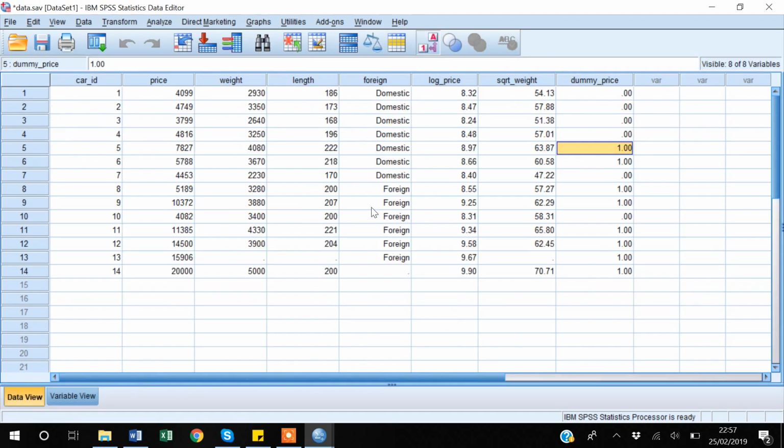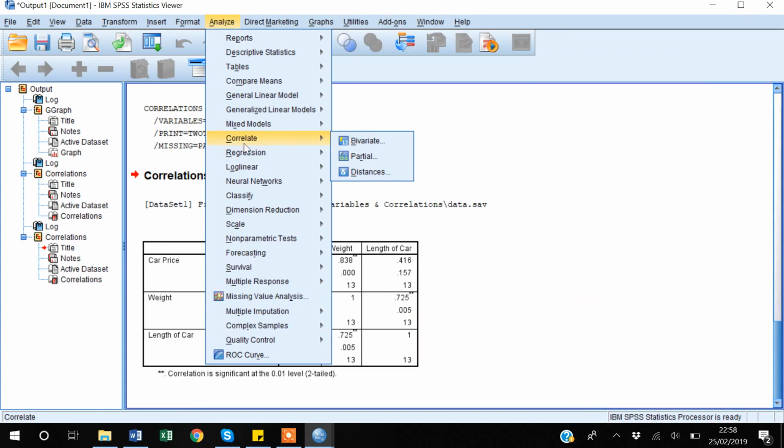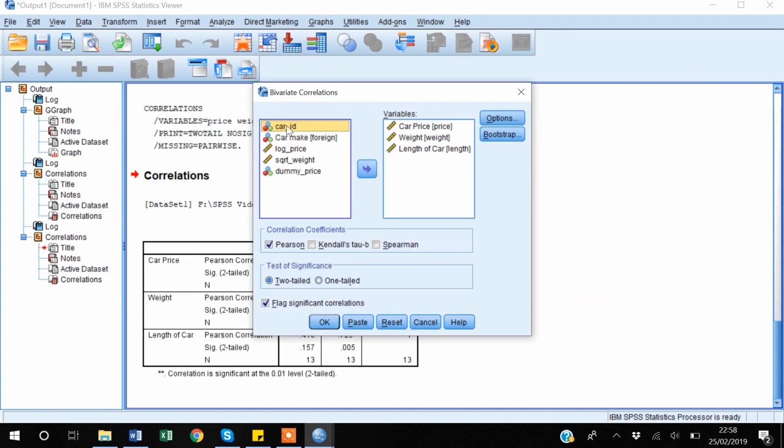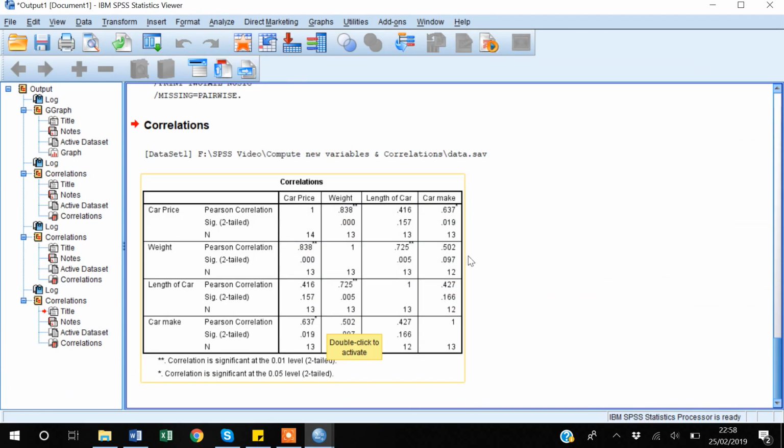But you can also use dummy variables, or variables which have 2 categories, for correlation. Suppose I have a foreign variable which has only 2 categories, that I also can use to run correlation. So suppose I go back to my Analyze tab and then go to Correlate, Bivariate, and suppose I also select car make, you can select that. Okay, so now you can see that I have 4 variables here, and I have correlation of car make too